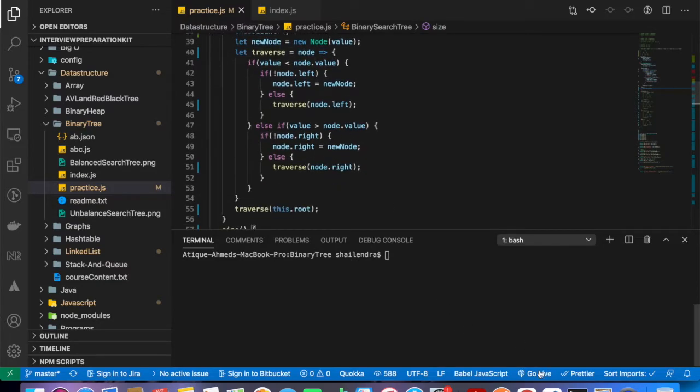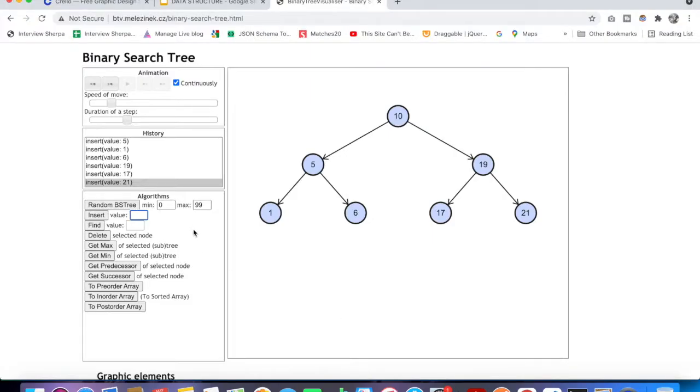Let's go and see how you can find the minimum and maximum element from the binary tree. If I click on get min, you can see that it started from the root node and it will be traversing towards the left hand side and left hand side, and it will find this one.